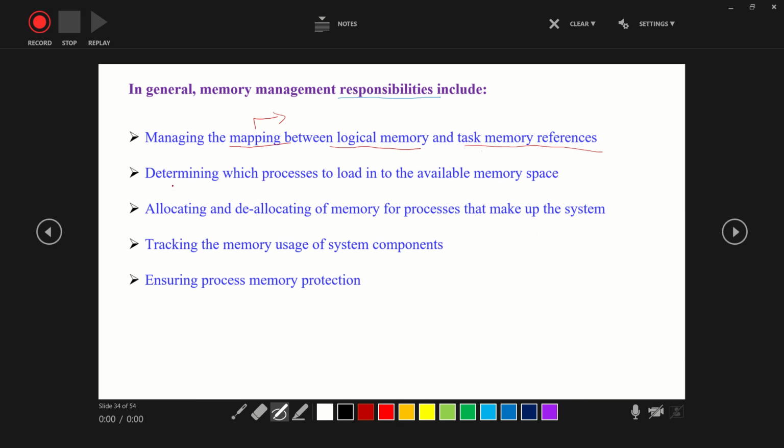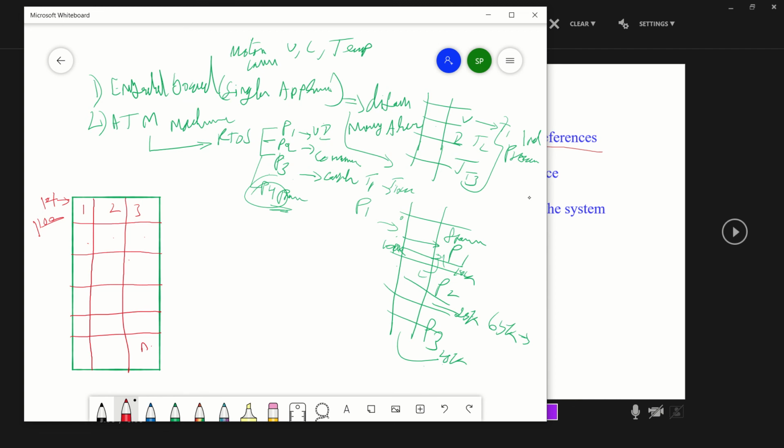Okay. Next, determining which process to load into the available memory space. So we have different processes, and I am also going to decide which process. What is the current execution? Current process means the process which can be executed in